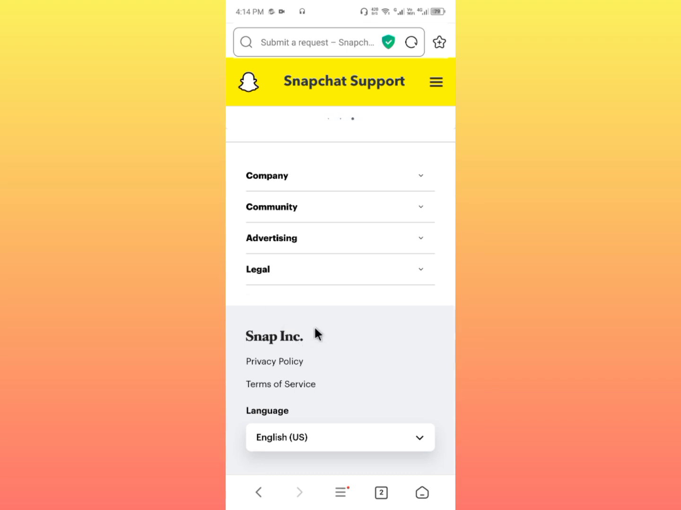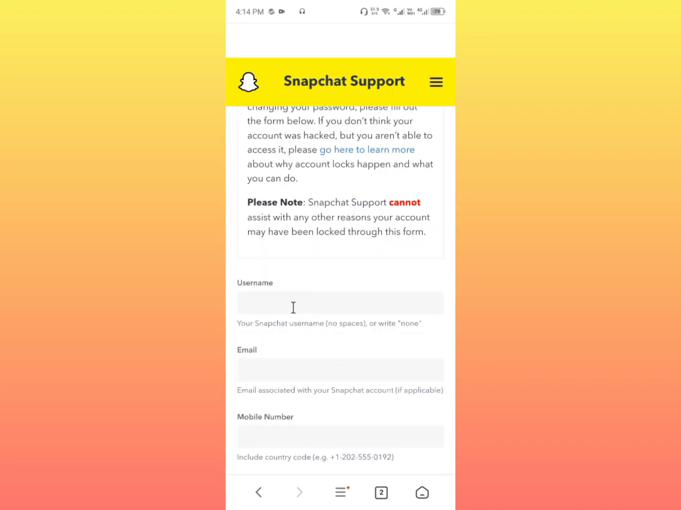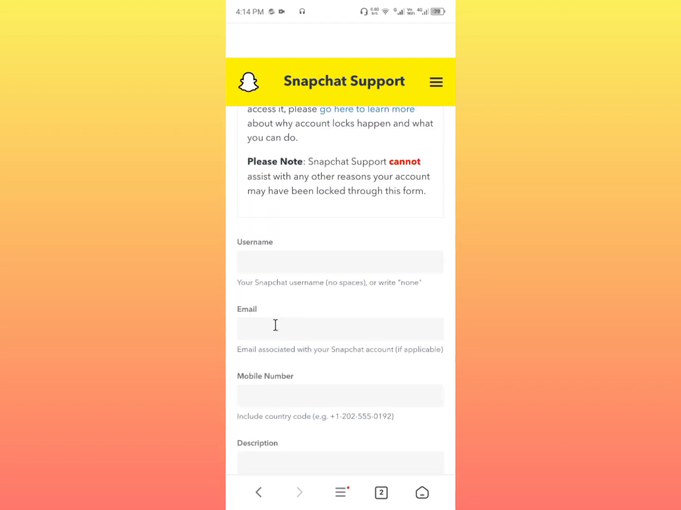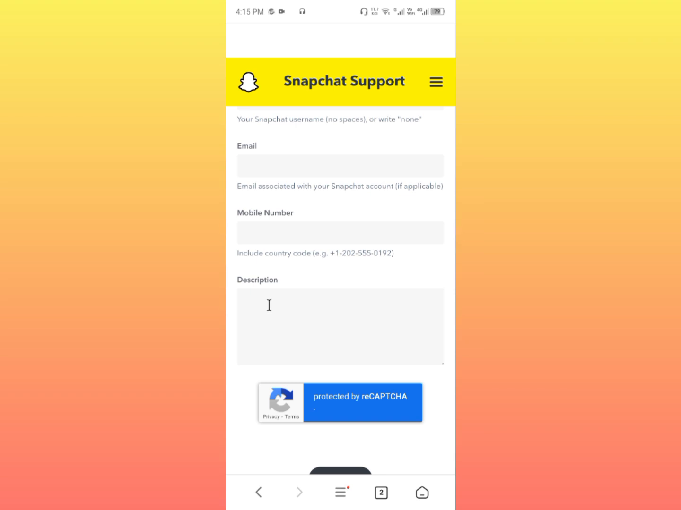After doing this, wait. From here you will find the option of username. Write your Snapchat username, below that write your email address, and here put the phone number that you entered on Snapchat. At last, write your problem, that your device has been banned due to a community guideline violation, and say sorry. After writing your problem, tell them please fix this problem or unban your device as soon as possible. After writing all the descriptions and problems,